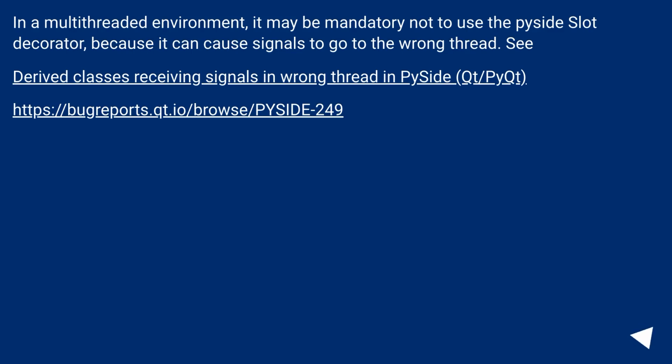In a multi-threaded environment, it may be mandatory not to use the PySide slot decorator, because it can cause signals to go to the wrong thread. See: Derived classes receiving signals in wrong thread in PySide, Qt/Py, Qt. This URL